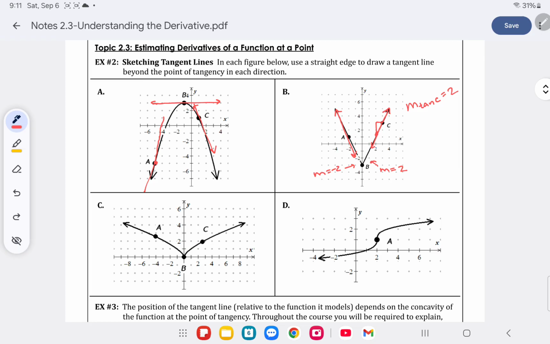So our slope is not approaching any number at point B. It's making an abrupt change from negative 2 to positive 2, which means we can't estimate what the slope is doing at B because they're not approaching the same number from both sides, just like a limit. Remember, slope is like the limit of the slopes of the secant lines. But we make an abrupt change here, so we can't find the approximate slope at B,